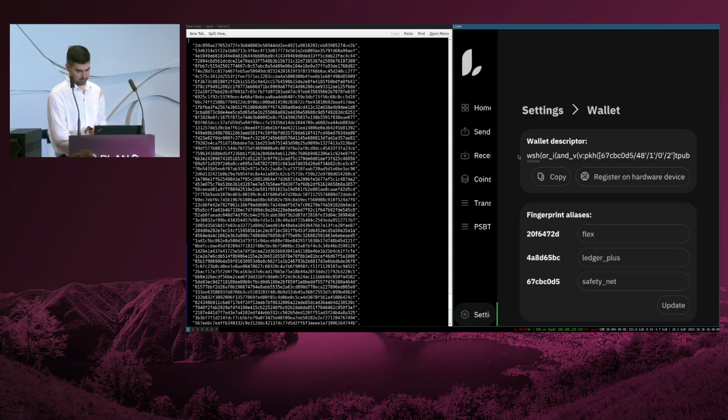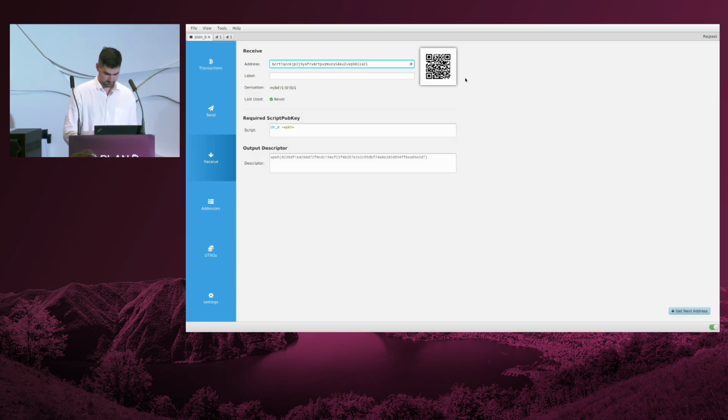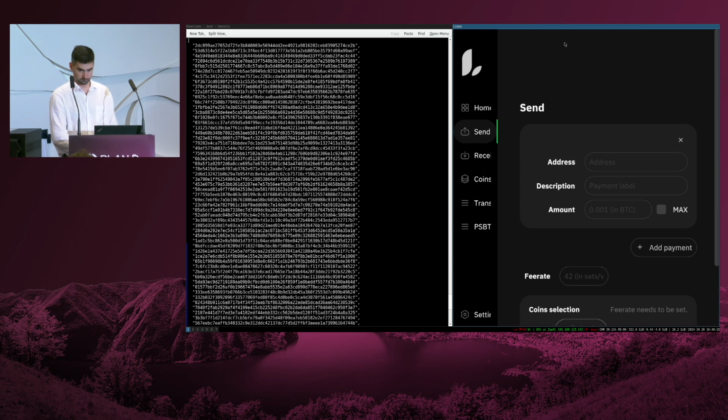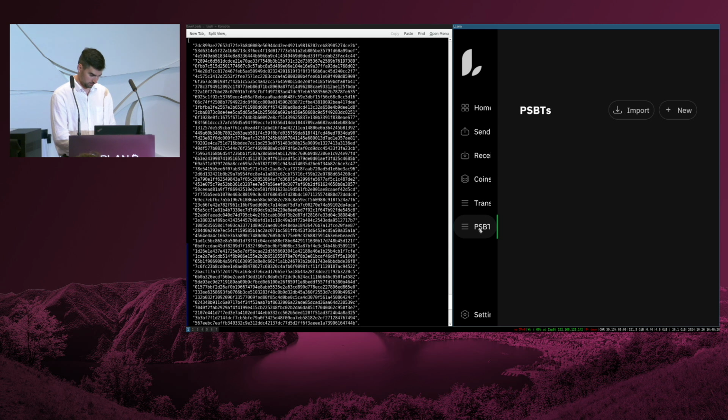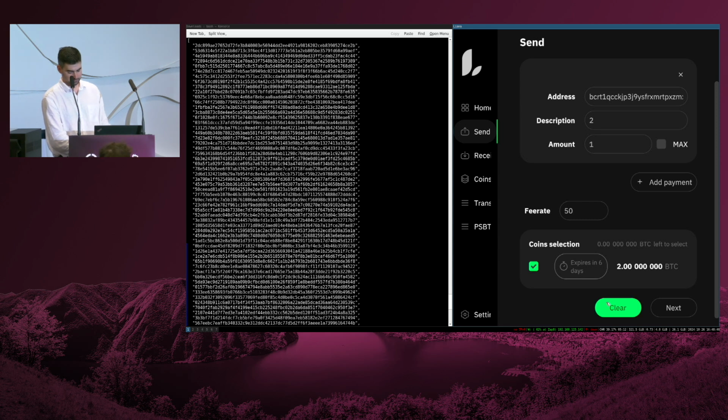And now I can go back to here, and now I need to re-enter the destination. I think it's in the PSBTs, even if you didn't sign it. It's pretty cool. If you go to PSBTs, yeah. No, okay. It should be there. So maybe that's because it's V5, but it should be there. Well, never mind. The amount, we said one. The fees are 50. Anyways, it's testnet. It's not important. And I can hopefully sign now.